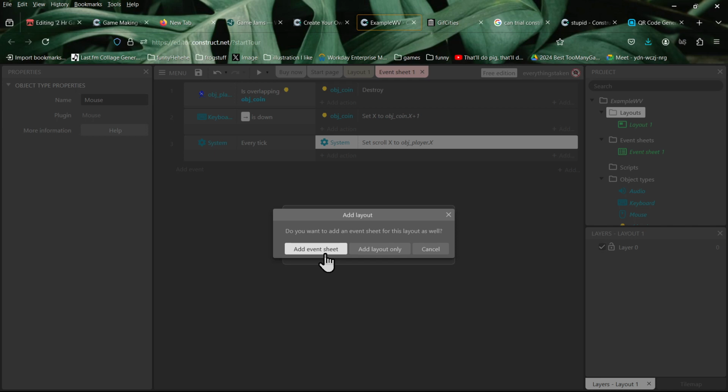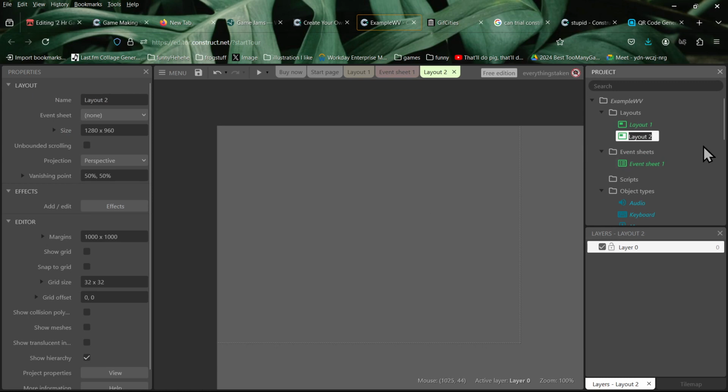You could theoretically have an event sheet for every single layout, but if you're not that experienced, don't make an event sheet for every single layout, because it's just going to get out of hand. So if you're using the same mechanics throughout the entire game, just say add layout only, and then we'll take a look.